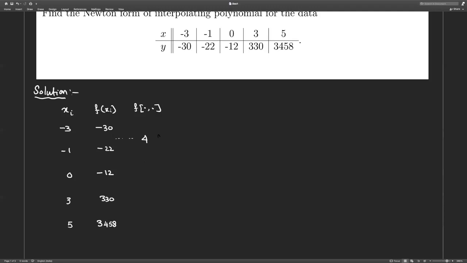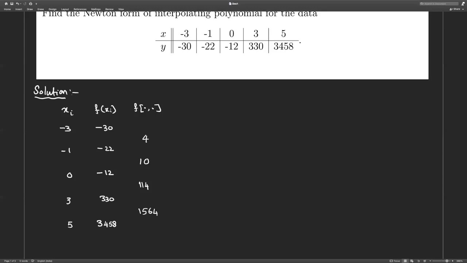Remember, this is f of x0, x1, right? Similarly, we have f of x1, x2 as 10. Similarly, f of x2, x3 is 114. I leave it to you to compute that. It's very simple. And finally, we have f of x3, x4 is given by